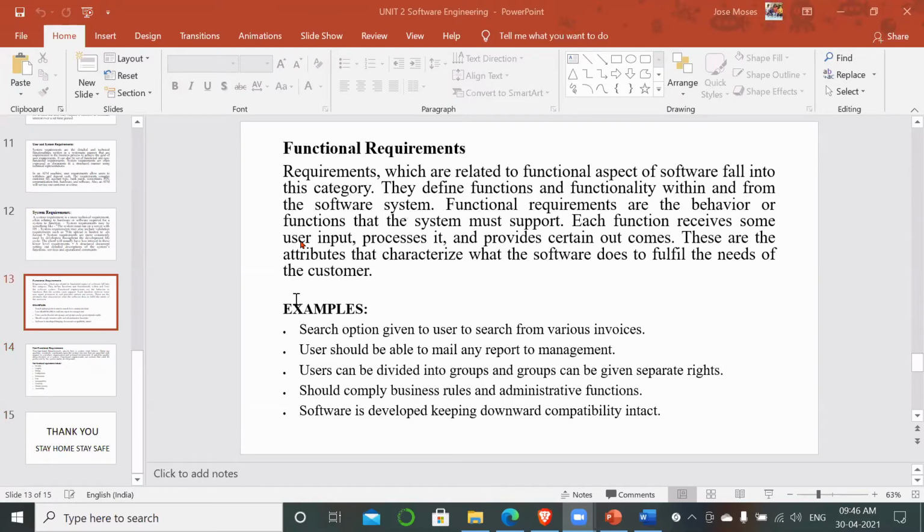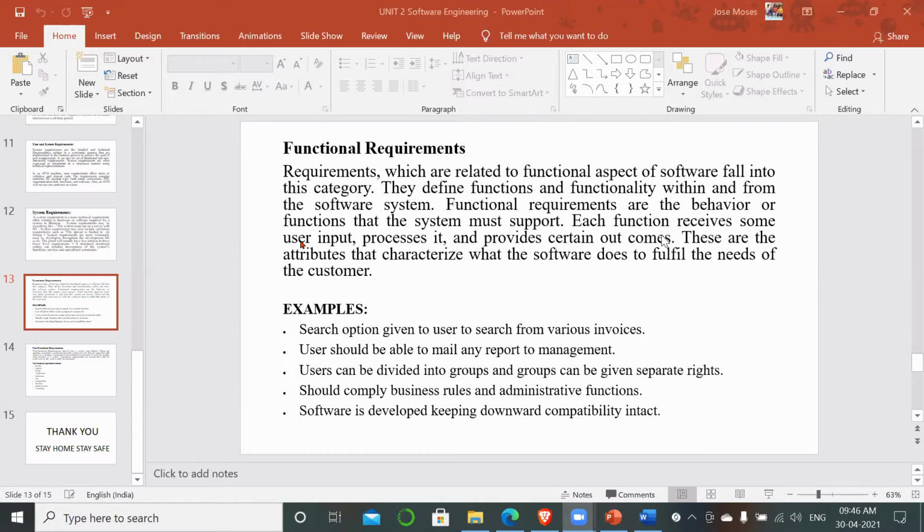We have stopped there. So functional and non-functional requirements are nothing but, if a requirement is related to a functional aspect, that particular requirement is called a functional requirement. Function is nothing but to perform a particular task, right? So whatever is involved for that output, those are called a function, a logical statement you can call it. Here you can see that a function receives some inputs, processes them, and provides certain outcomes.